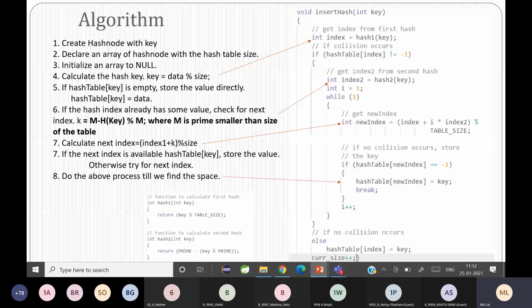So if the hash table is not null, you have to go on finding a position, but if the hash table is null, you place the key and you break out of the loop. So that's how it works. Is it clear? Please go through the algorithm and the code, see if you understand.